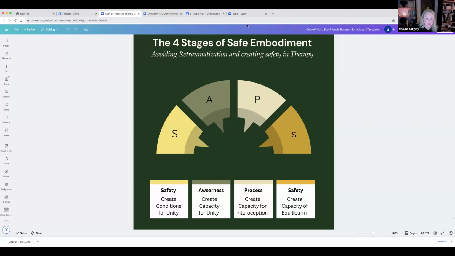All of these safety skills create the capacity for her to move into awareness. What do we know about children who've experienced trauma? It's not safe to be in the body, so the capacities to bring awareness are not there. That awareness piece, that A, now needs what we call unity skills. Deep unity skills, the ability to create awareness in the body safely. There's where your unity skills sit. People use unity skills, but they don't actually know where they sit in the process.